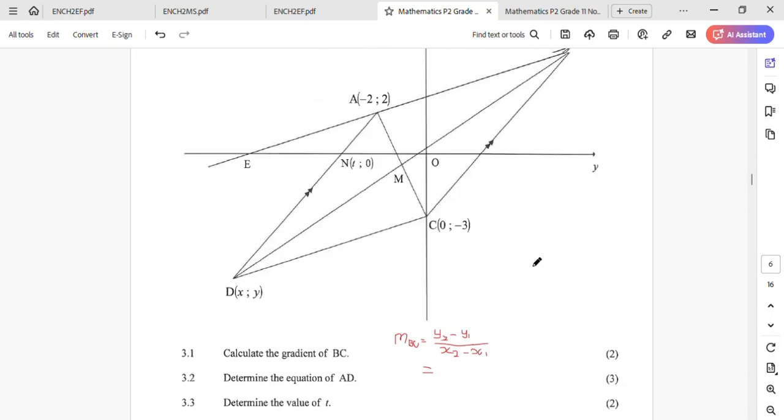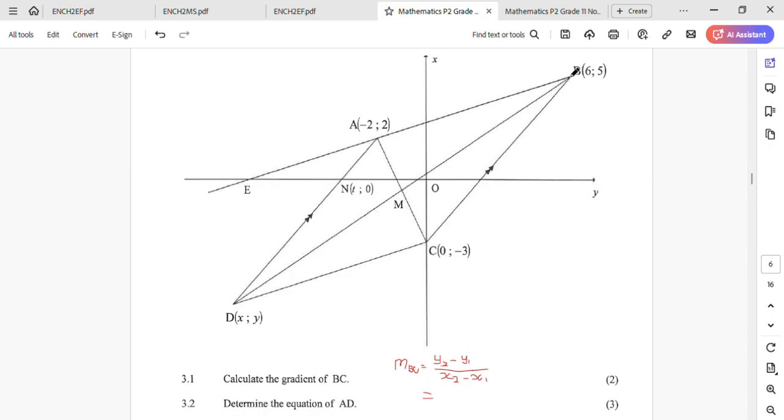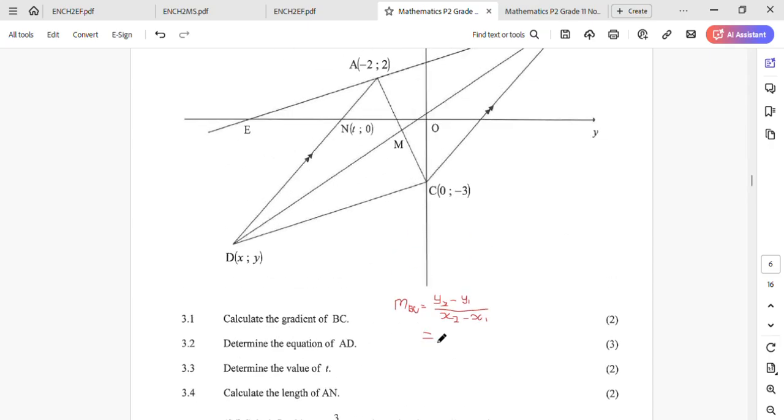It's 5 minus 3 because we're going to say coordinates of B minus coordinates of C, so it's going to be